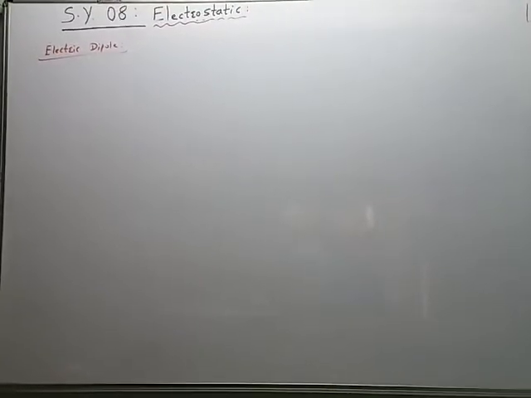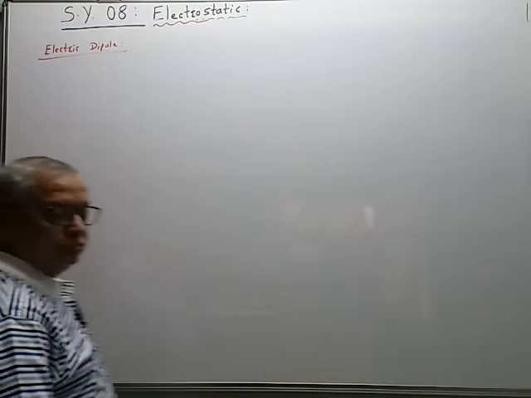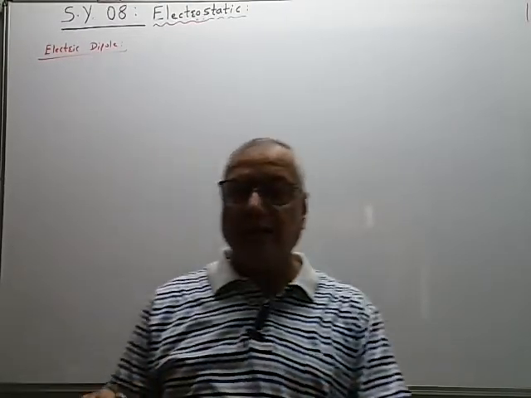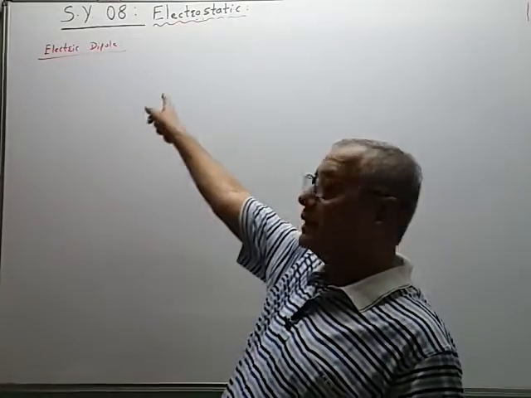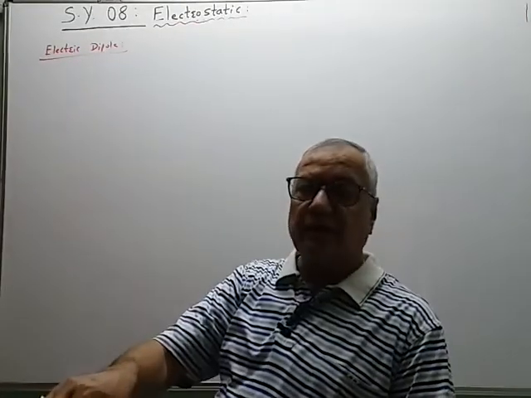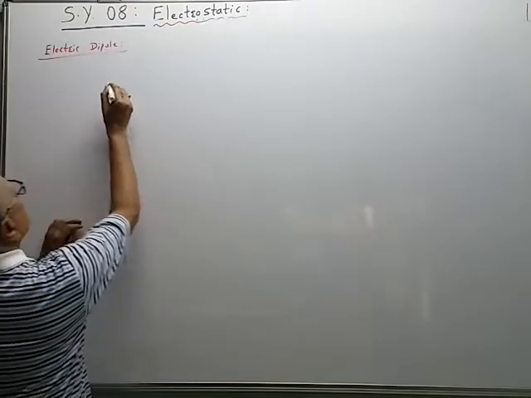So last year we have seen the term electric dipole. Di means two. Magnetic dipole, electric dipole. We have seen these terms in detail. We have to determine the potential due to the electric dipole. So let us revise what is meant by electric dipole. We will not give the definition in detail.